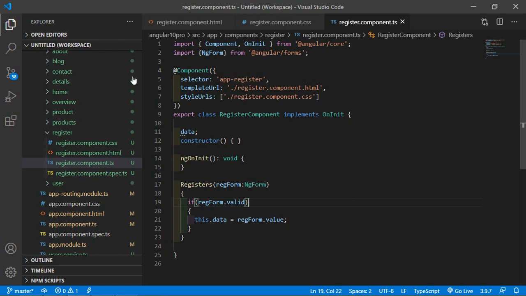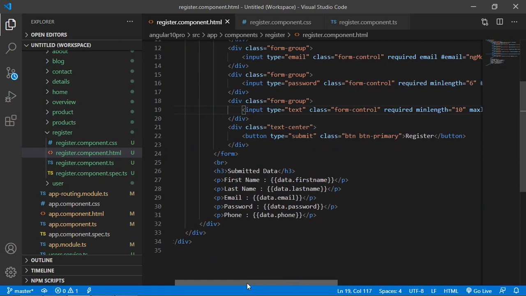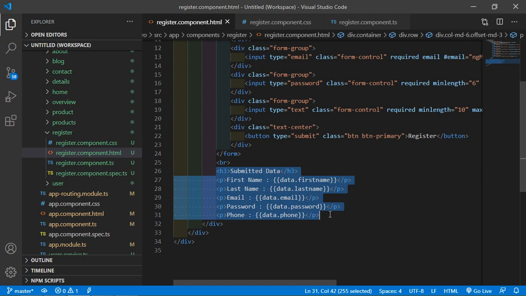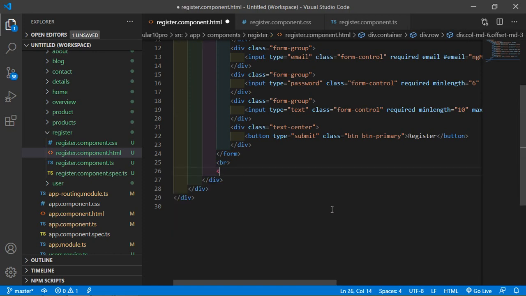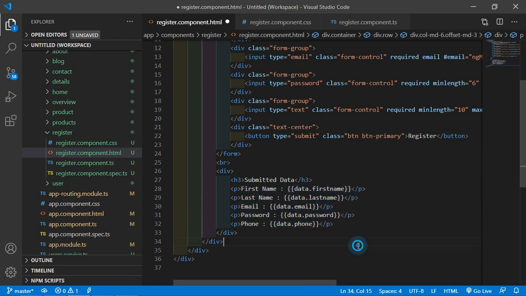And one more thing, inside the register.component.html file, here just add a div. Cut these lines, add a div, and inside this div paste all the content, and now add the ngIf.